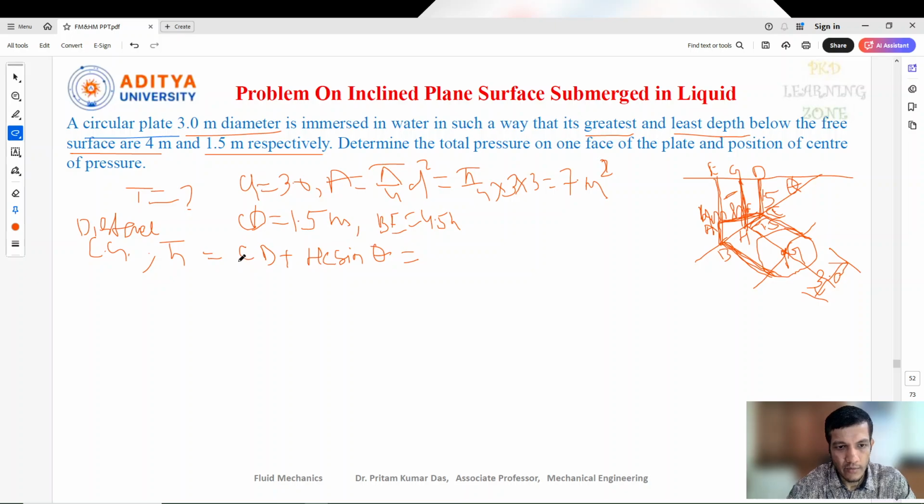So here, on behalf of CD, we can write this is GH. So GH value, how much? 1.5 plus HC. HC is also the same, 1.5 is there. This is your sin theta. Okay, so this is the equation. Now again, the sin theta we can write,